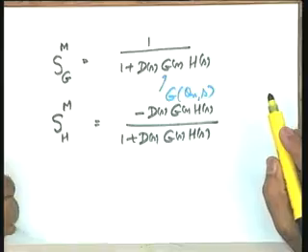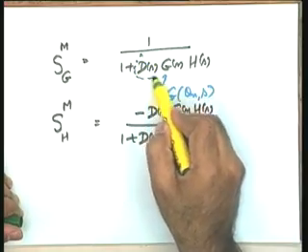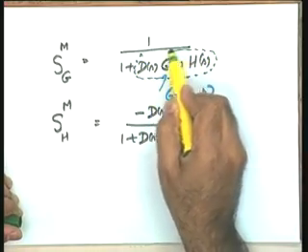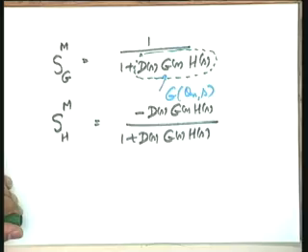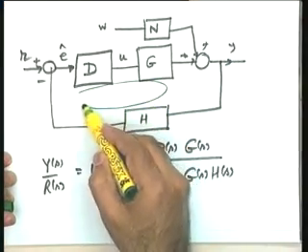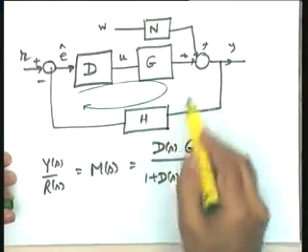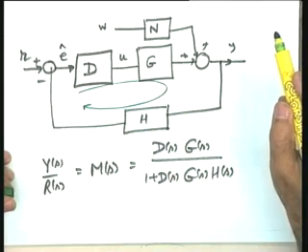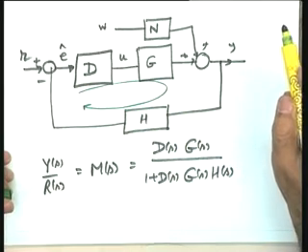Now please see what were the conclusions. Last time we came to the following conclusions. Number 1, if I increase the loop gain, here is the loop transfer function. Please see, loop transfer function. Come back to this particular slide. You will find that this is the loop, and if I multiply all these blocks D, G and H, I get the loop transfer function DGH.